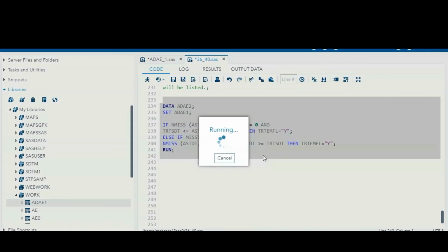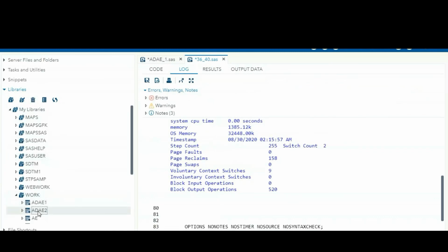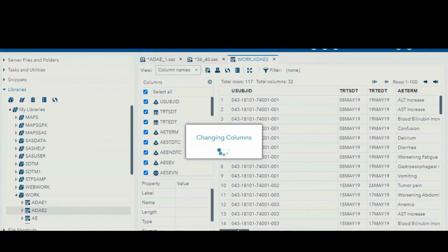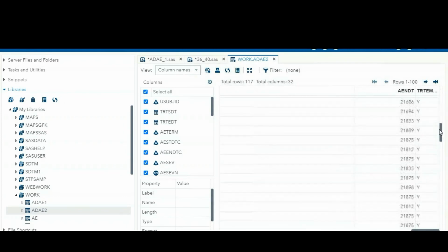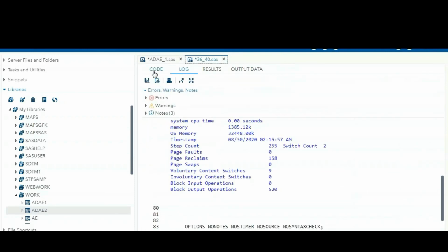I am running and checking. So now we can see that these many adverse events are treatment emergent adverse events. Okay, some are missing. So we need to check the first condition was done.